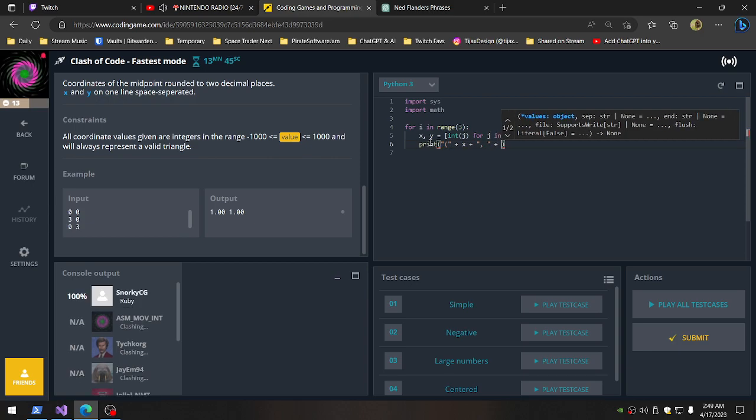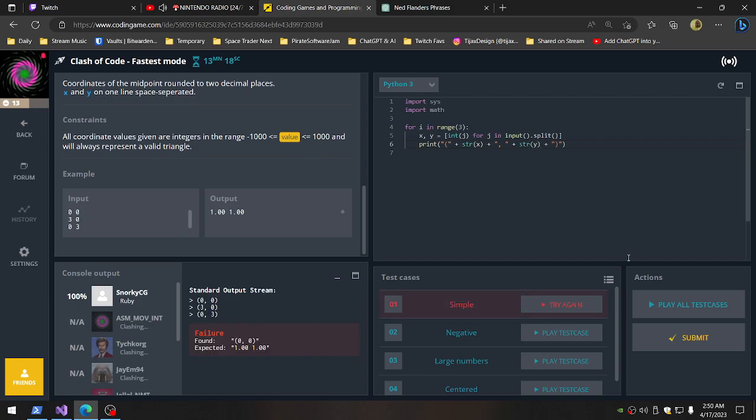Dude's already got it in Ruby. Is that not crazy or what? Can we do this? Me, I'm sitting here trying to print out the